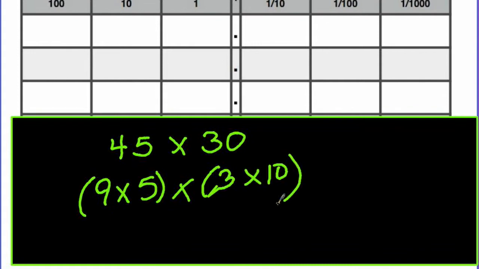Okay, that's called the distributive property when you break down a number like that. Well, we already know 9 times 5 is 45, right? So we could just say,